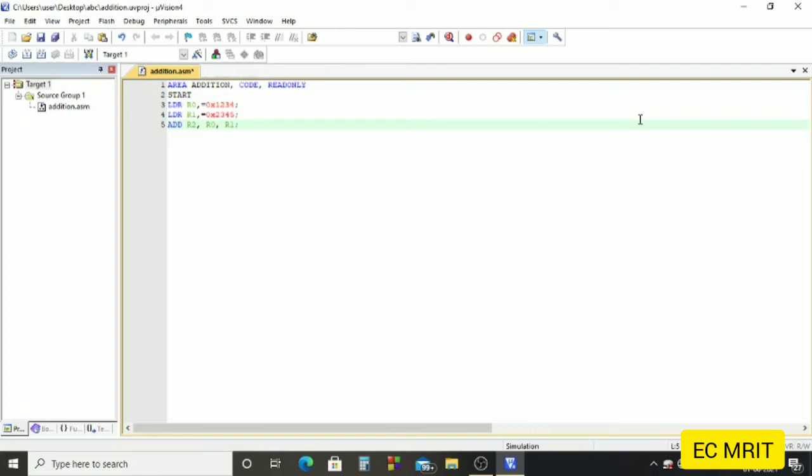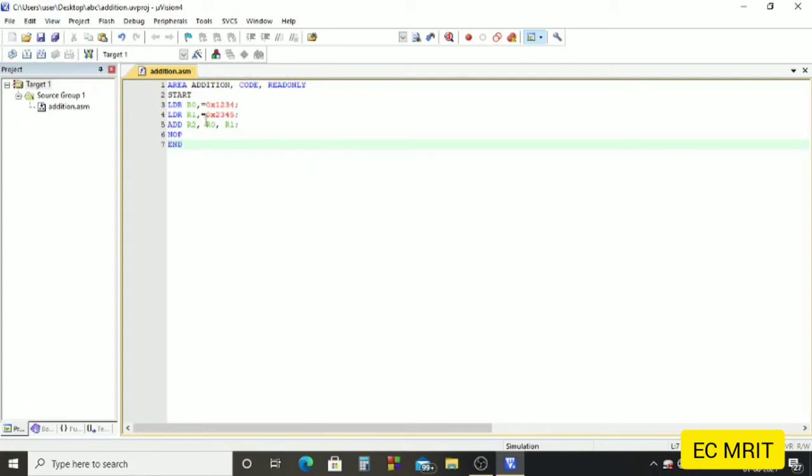So this is how we'll write an addition instruction, ADD R2, R0, R1. So R0 and R1 are added and the result will be stored in R2. Before writing an end instruction, I will write a NOP instruction, which performs nothing, no operation, so it doesn't do anything. After NOP, I will end the program by writing this END directive.